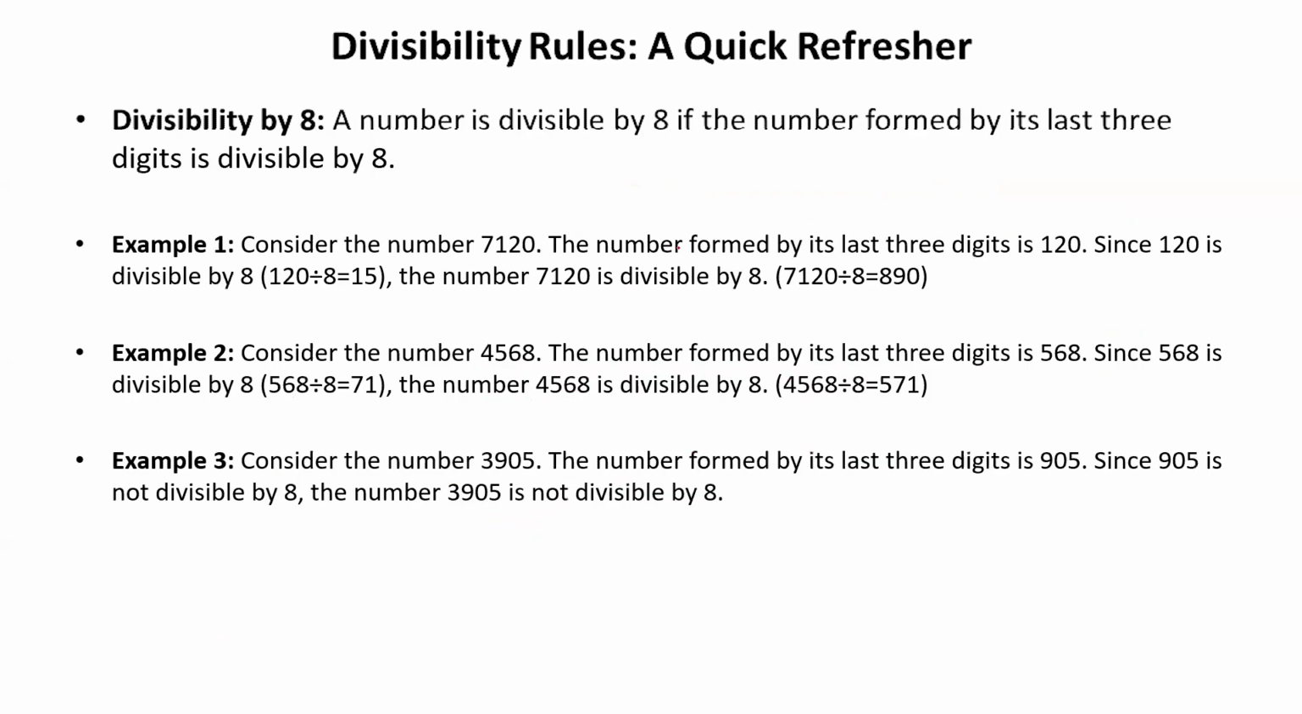Next, 8. A number is divisible by 8 if the number formed by its last 3 digits is divisible by 8. So, to check divisibility by 8, your focus should be on last 3 digits. Its last 3 digits should be divisible by 8. This you have to